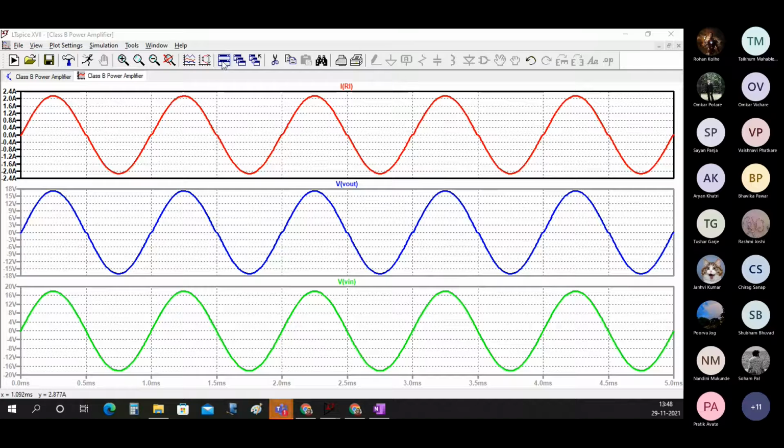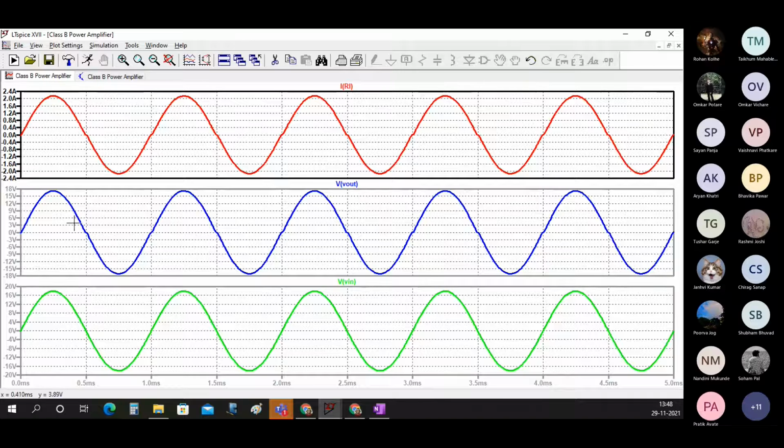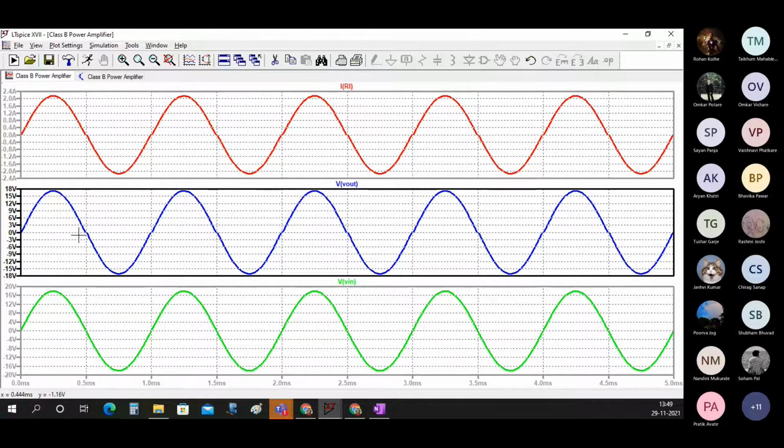Okay. So now if you see this circuit and these waveforms, everything looks very fine. Efficiency also is within the limits and waveforms are also looking nice. But when you maximize this, you see that there is something funny at zero crossover. Can you see this zero value? There is something funny at 0 going on. Input is clean, V in is clean, it's perfect. But V out and the current flowing through the load is having a problem.